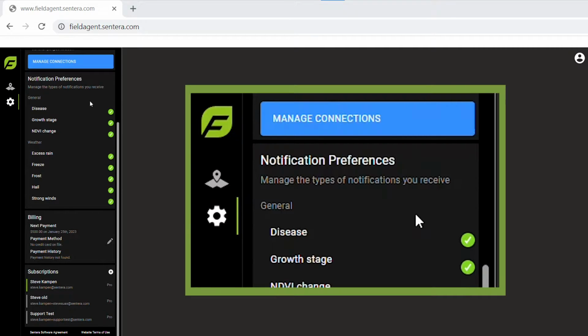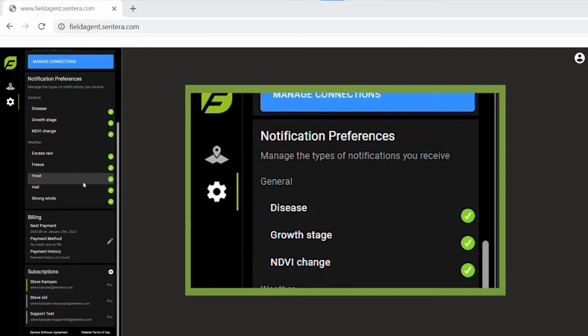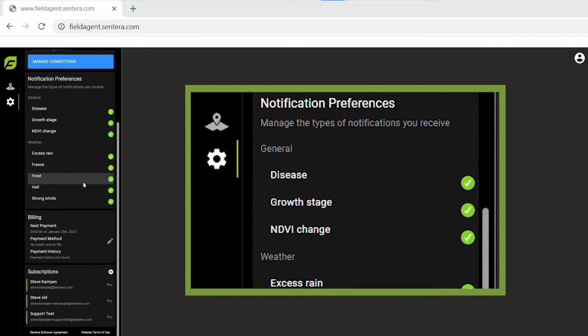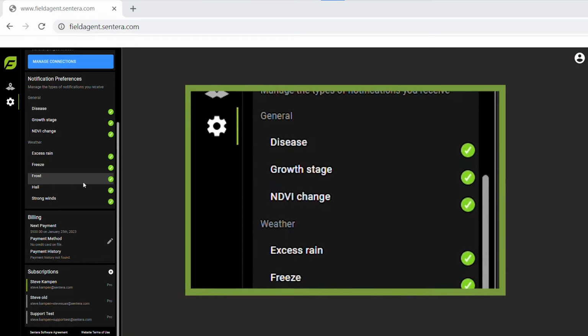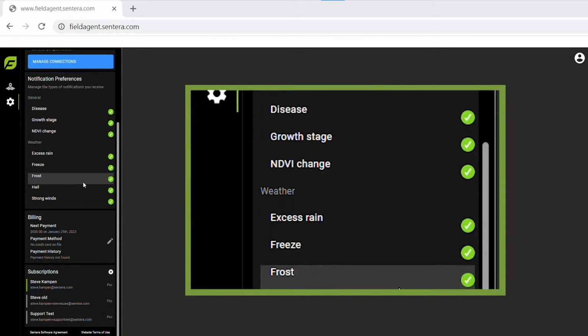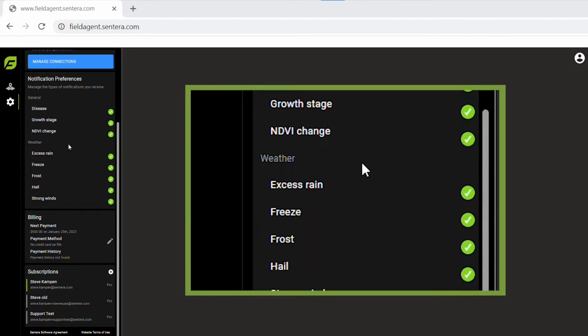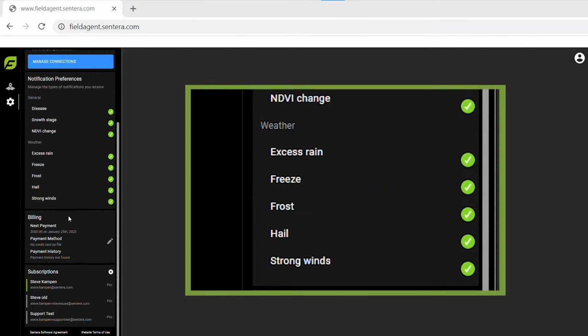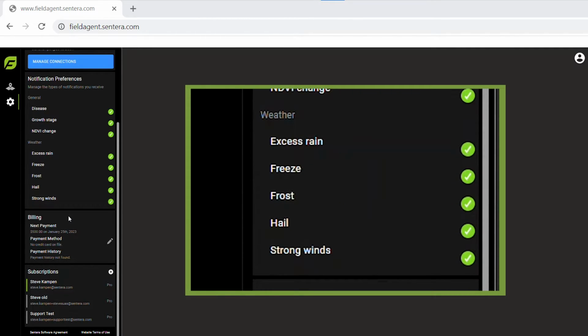Notification preferences. If you're using active crop seasons inside of FieldAgent Web, these notifications will be automatically turned on. Those active crop seasons will be based on planting dates and harvest dates, and based on that information, it'll detail this information as far as notifications go. This too will be a separate video, and if you have additional questions in the meantime, please feel free to